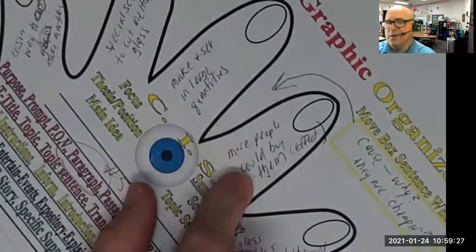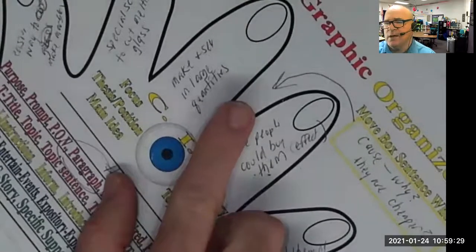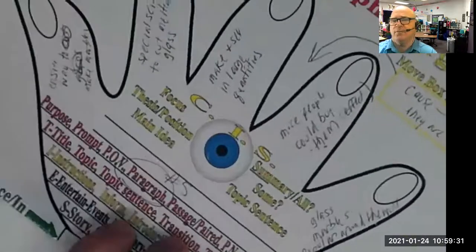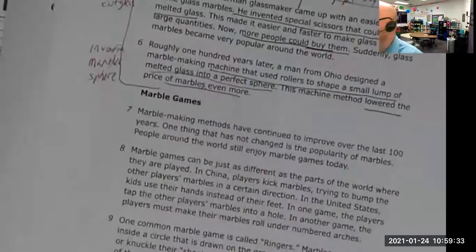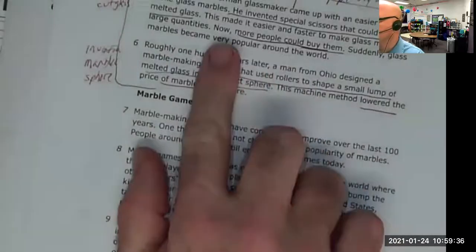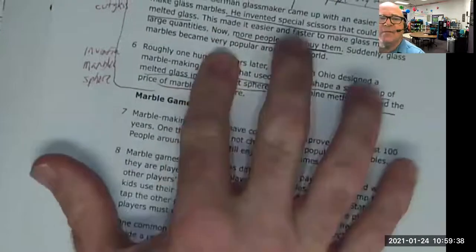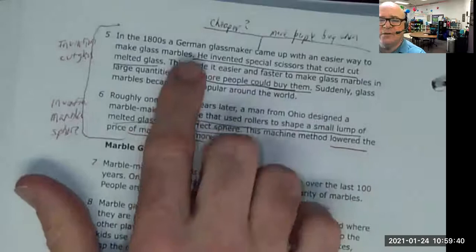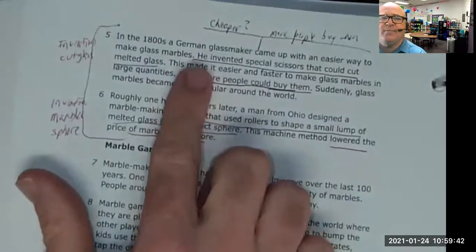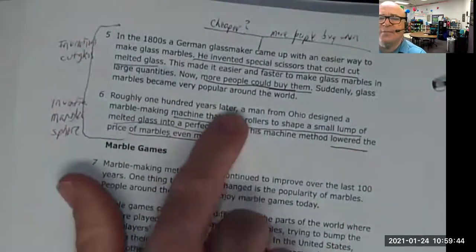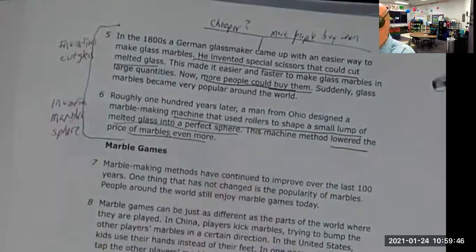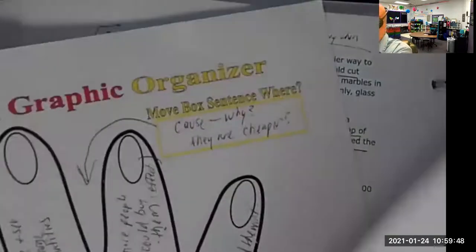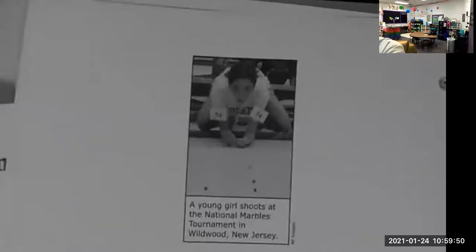Because if a price is cheaper on something, then more people can buy it. So since paragraph 5 talks about this invention that allows lots of people to buy them, and this invention making them into perfect spheres lowers it even more, let's look and see the answer choices and